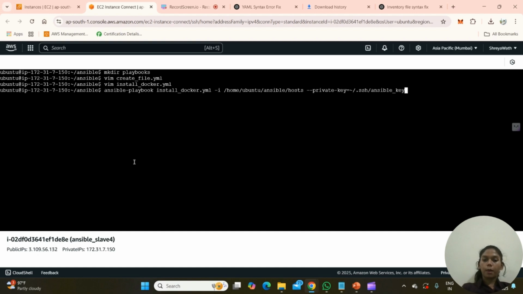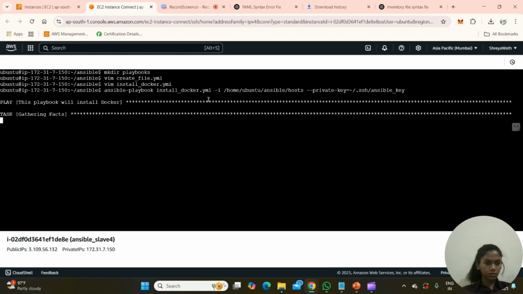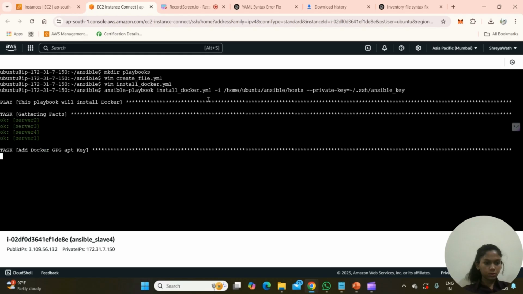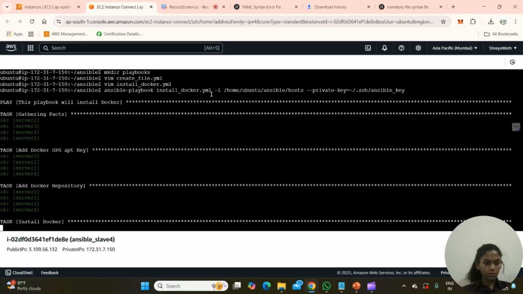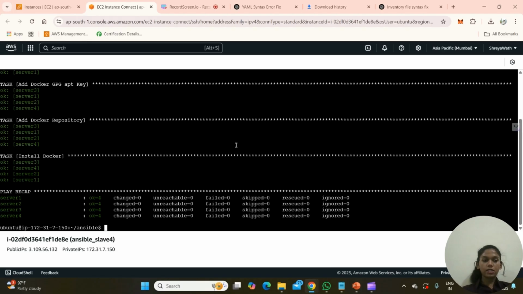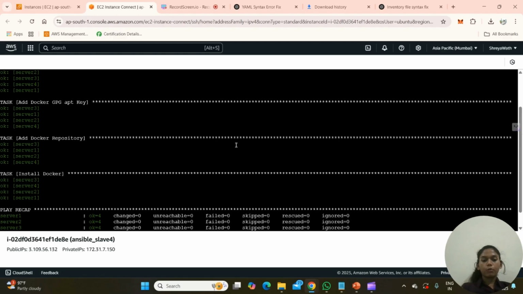So I've typed in the command for our Ansible playbook install Docker file and hit enter. As you can see, the installation has been completed successfully. Now let's check whether Docker has been installed onto our server nodes.